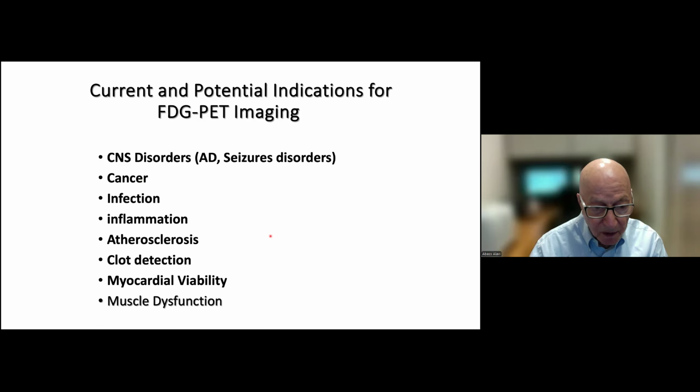We can also see clots in patients with various underlying disorders, and myocardial viability and muscle dysfunction. So this has been a major addition to the imaging domain and has truly revolutionized the practice of medicine as we